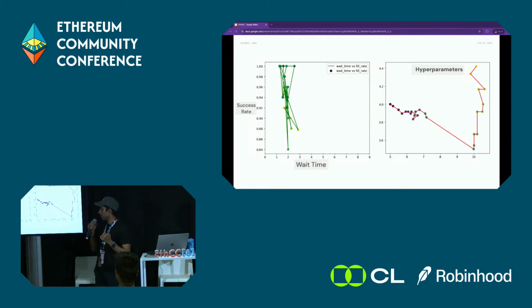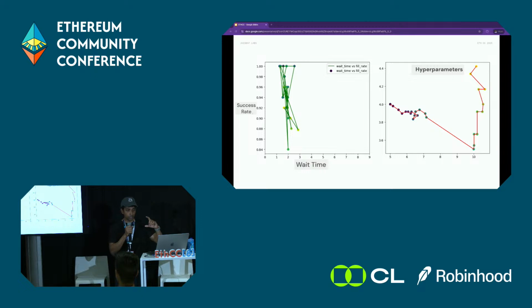And on the left side, you see how the parameters are moving around. I didn't show you what is what. Just think about it as hyperparameter space. On the x-axis, you can see that they sort of converged on that parameter. On the y-axis, it was still climbing a bit, but we figured that was fine, it's not the end of the experiment. I'm just showing you the data. And if you look at the outcomes, you can see that it did hit this wait time that we were aiming to get, which was between 2 and 3 blocks. So you want to follow the color from dark to yellow, black to yellow. So it was able to hit the wait time.